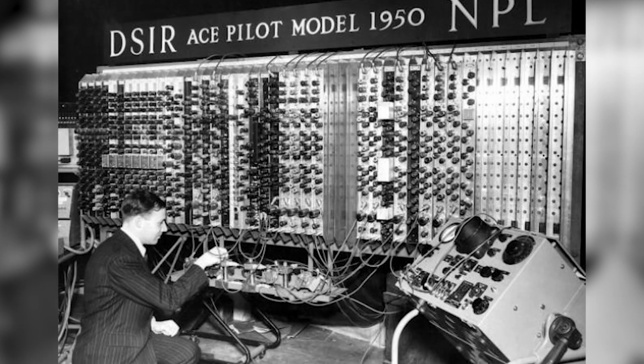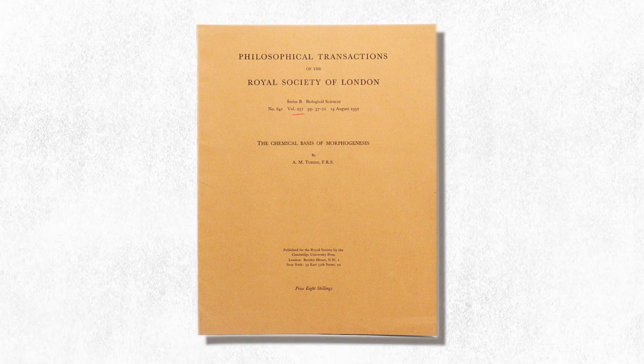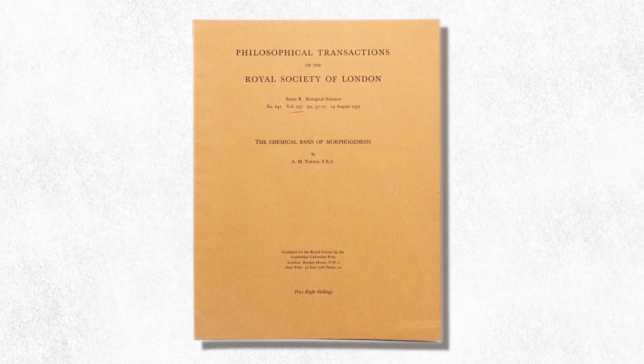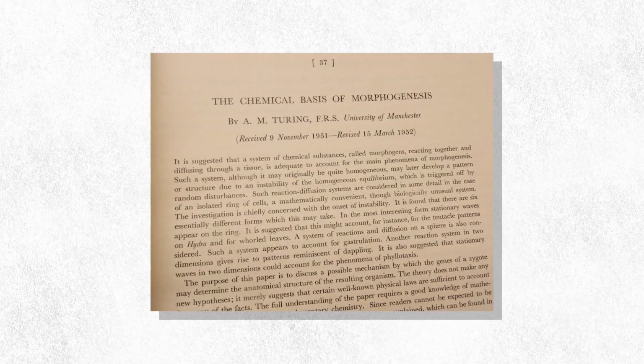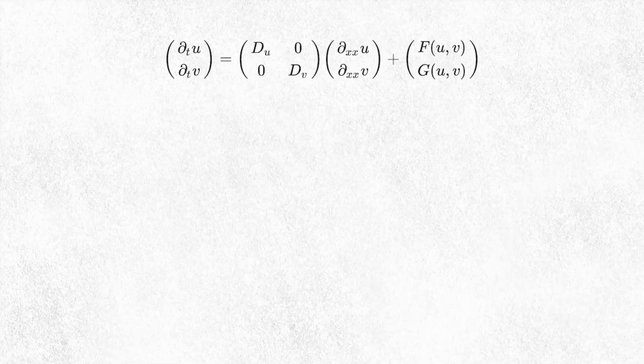Many of us think of Alan Turing as being the famous codebreaker, the great mathematician, or perhaps the father of modern computing. What's less well known is shortly before his death, Alan Turing shifted his focus towards biology. He published one of his most influential and important works, his theory of morphogenesis, or how nature gets its pattern and form. Turing imagined that developing animals have two chemicals inside them, and the way that these chemicals react and move around the body can be explained with mathematics.